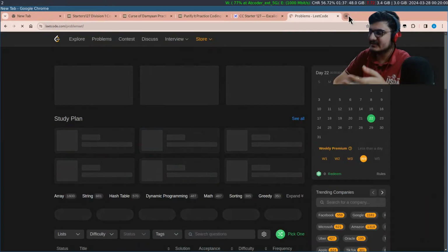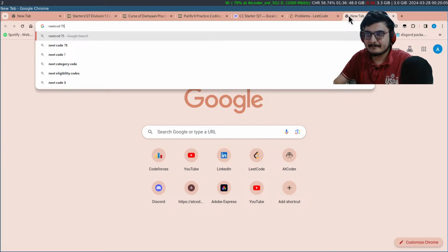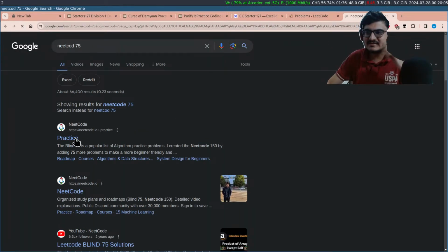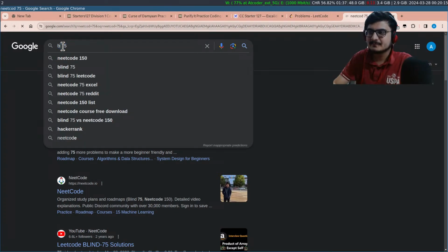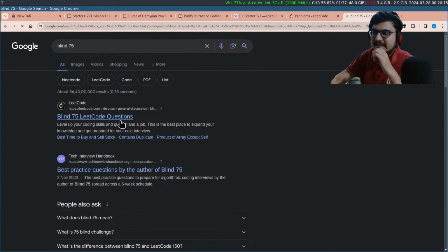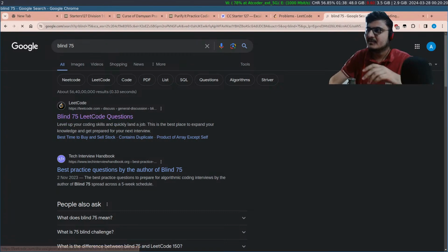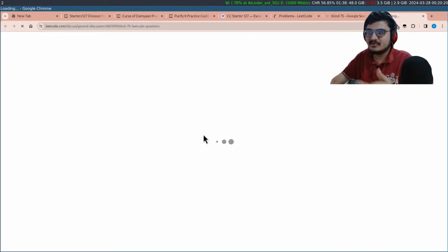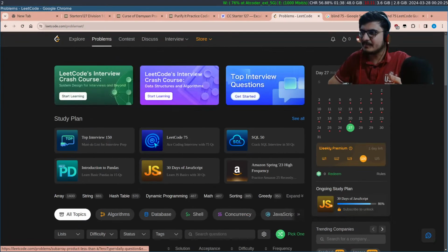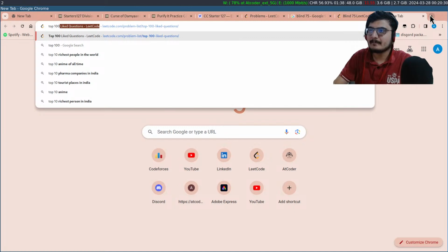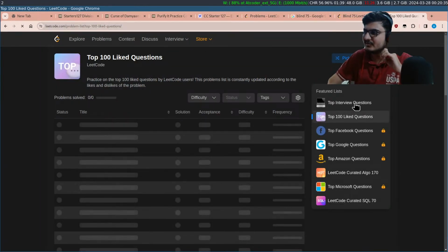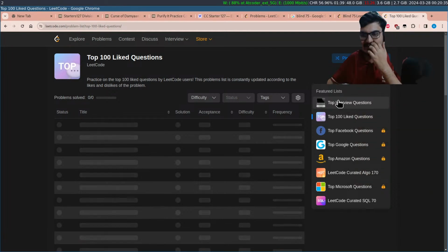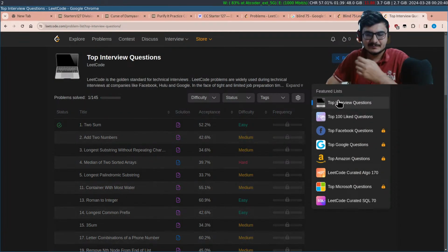there is, I think, the NeetCode guide. You can start with this sheet first, like the Blind 75. I don't remember exactly what the name is, but there are some sheets like this. If you are short of time, you can start with these sheets. LeetCode also has sheets like Top 100 Easy, Top 100 problems and Top Interview problems. Any of these sheets, you can start solving.